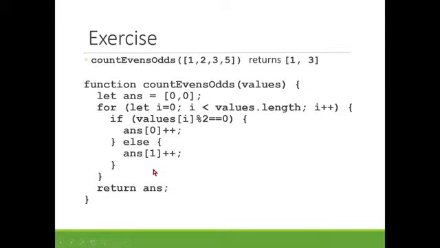Some students are ready to see this already. Most aren't, but I want you to try, because there's kind of a neat thing that you can do here to make this compact if you notice something that's happening. Okay, as a hint, if values i remainder 2 is equal to 0, we increment index 0. If values i remainder 2 is odd, we're going to get 1, in which case we increment index 1. And so we can simplify this to say,